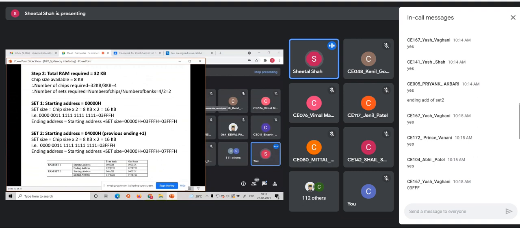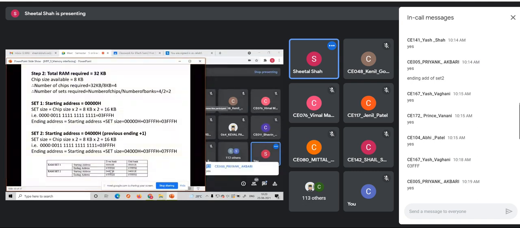This memory map here, there is a mistake. It should be 03FFE instead of 07FFE. Hope this is clear, the example. Okay. So now,